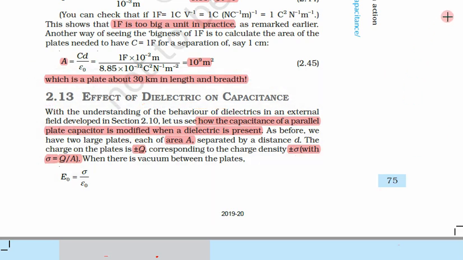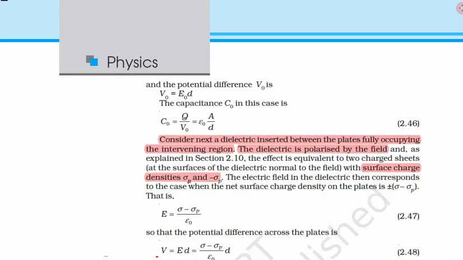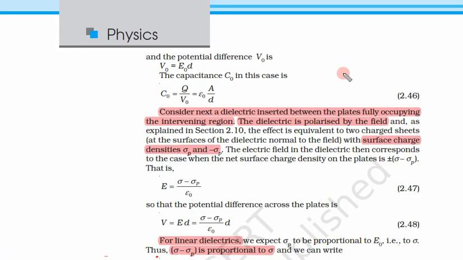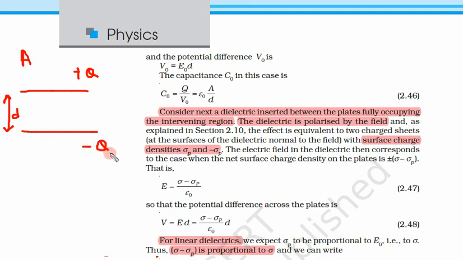So let us go to the next page. Let me make a parallel plate capacitor. So this is our first plate, this is our second plate. Area is A and the same A for the other. The distance is the same, D, and the charge on this is positive Q, the charge on this is negative Q. Okay, so charges are positive Q and negative Q. We know the field outside here is 0, here also 0.